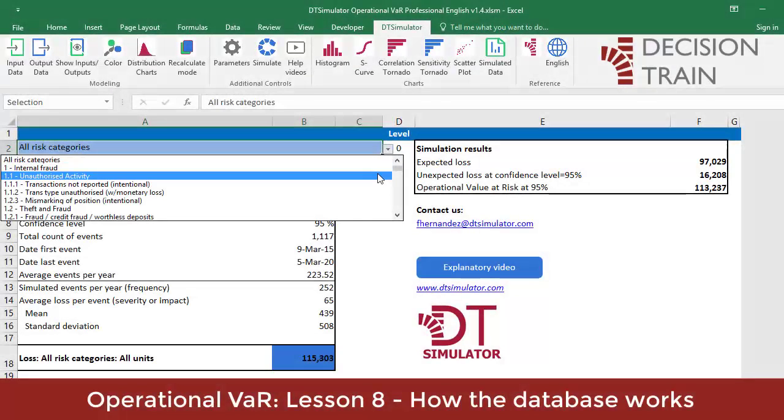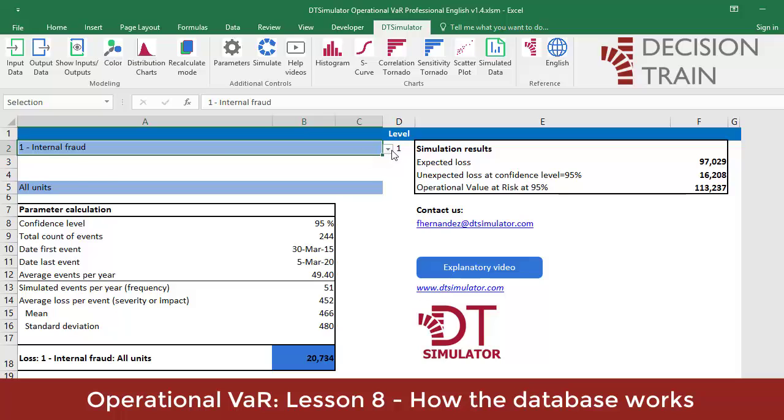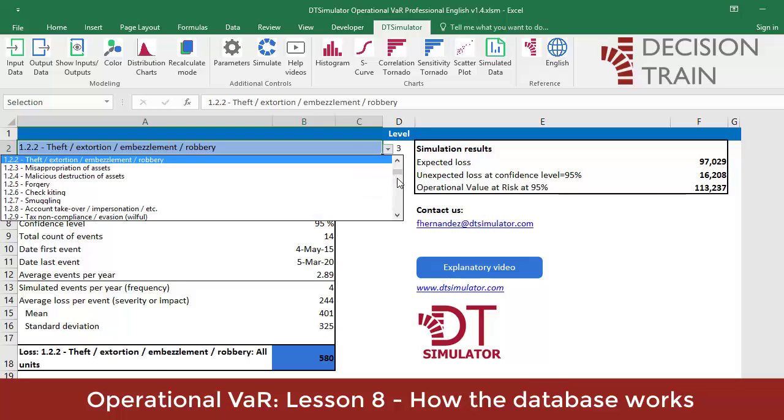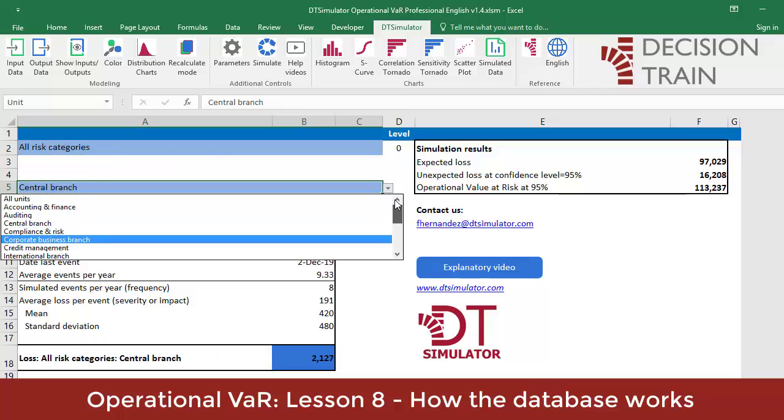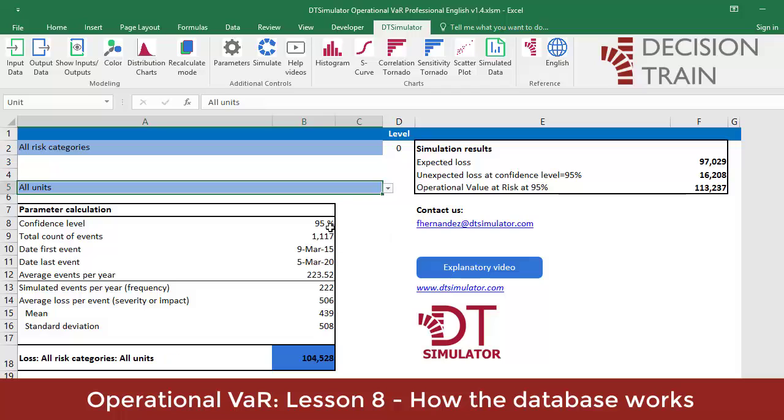On the model sheet, by selecting cells A2 and A5, the user can select subsets of all data that meet conditions in terms of the risk involved and the respective business unit. This works as a filter. Note that by choosing all risk categories and all units, the example file counts